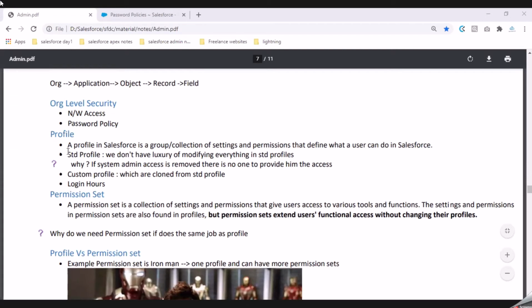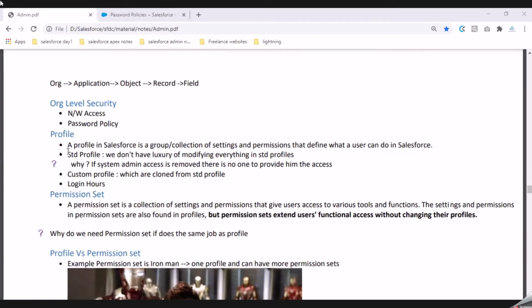All right. So what is a profile? A profile in Salesforce is a group slash collection of settings and permissions that defines what a user can do in Salesforce. Now, if you take a step back and understand what we are doing in step 3